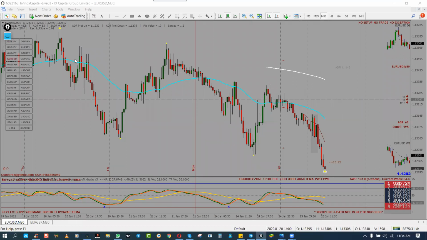Okay, if you want to ask questions on anything, just feel free, and I will be very much open to it. On the TDI setting, the truth is, if you understand your pattern, the TDI will just be a confirmation tool. You don't want to waste too much time on that.